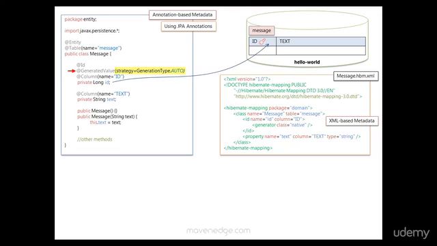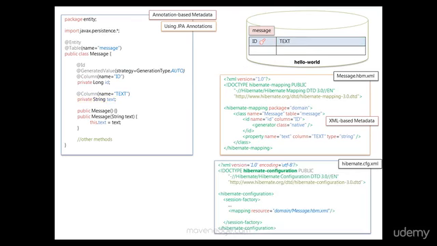persisted to the Hello World database, the database will generate a unique primary key value for that entity. And then Hibernate is going to set the value of this ID attribute using that newly generated primary key value. This is the same as what this native strategy in the mapping file was doing for us. And then this column annotation tells Hibernate about the column you want to map this ID attribute to. And then again, we are using this column annotation to map this text attribute to the text column in the